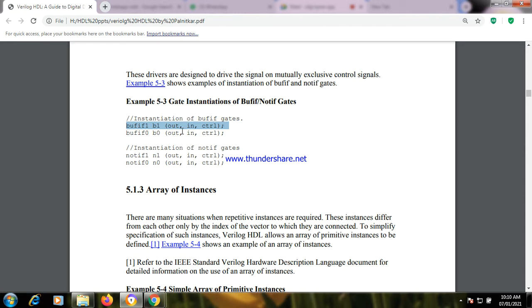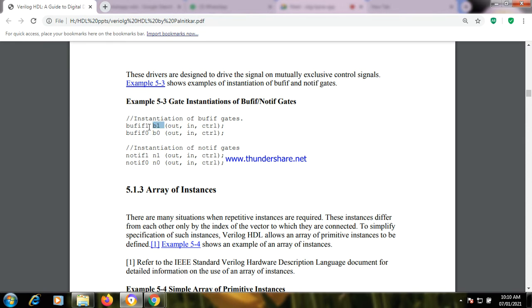How many inputs are available here? I can say there are two inputs. One is your normal input, that is in. Second one is control input. And according to the syntax, we need to show the output at the initial level, right? And what is this B1? B1 is the name of the instance,